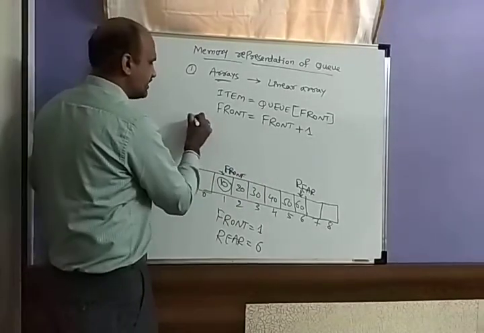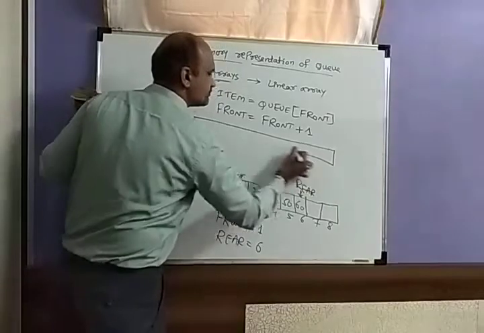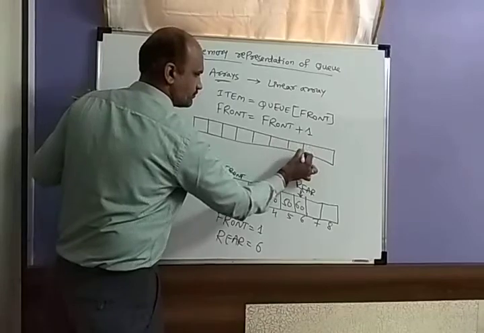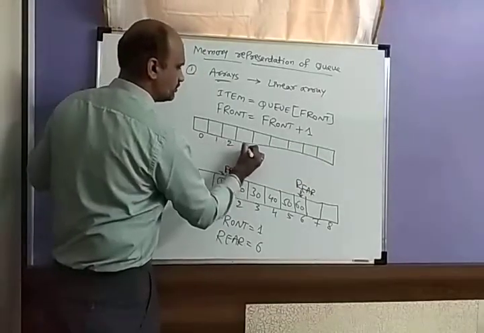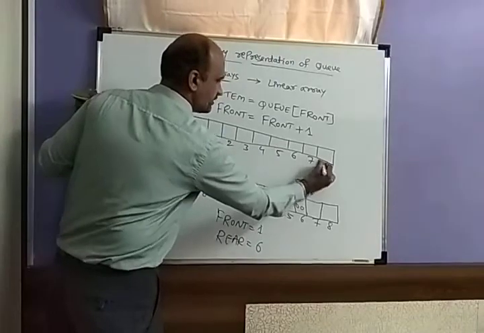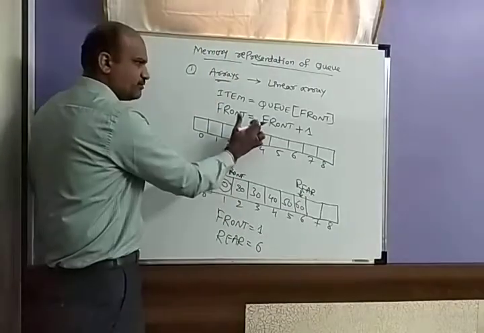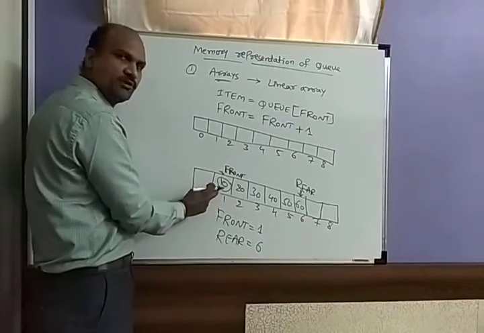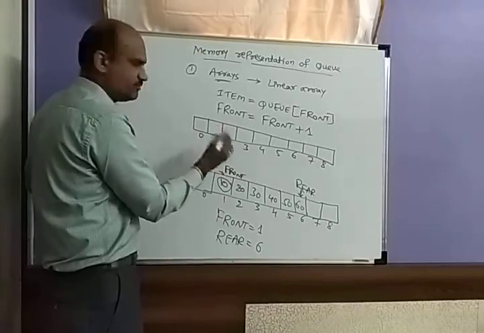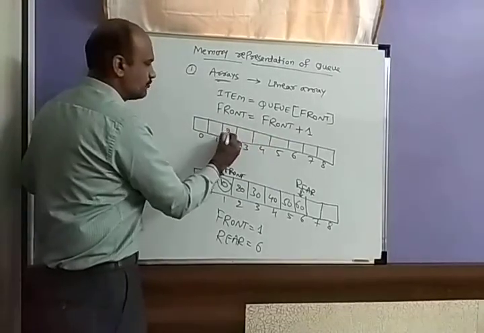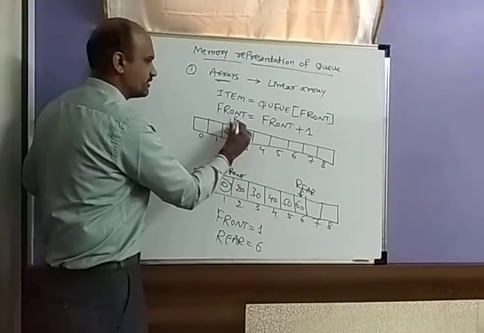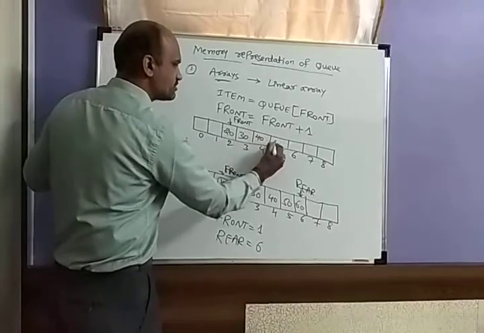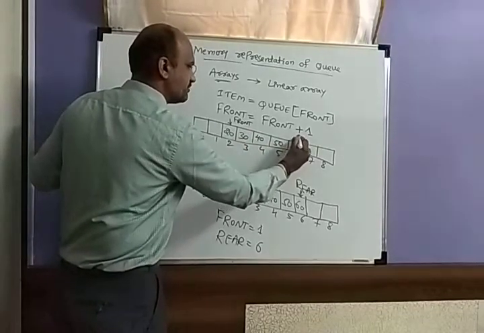Okay, if I write this condition: 0, 1, 2, 3, 4, 5, 6, 7, 8. Now here we deleted, removed the element. So this element will be removed. We are not writing 10 again because we incremented the front. So the front will become here. This is the front in this example. The rest will be the same because we are deleting, and the rear will be kept as it is.